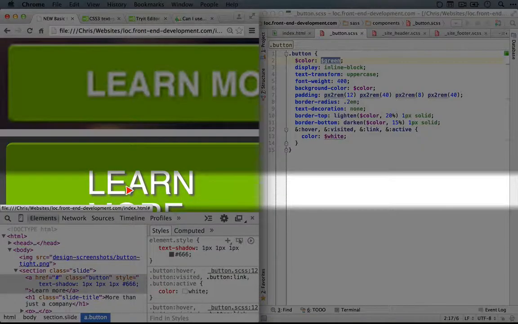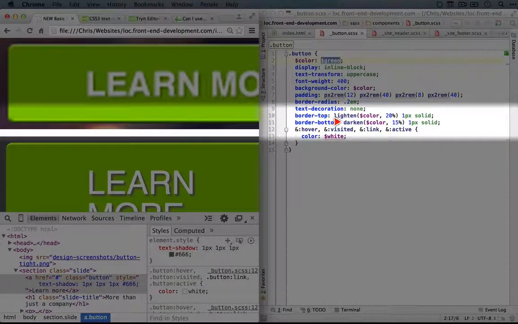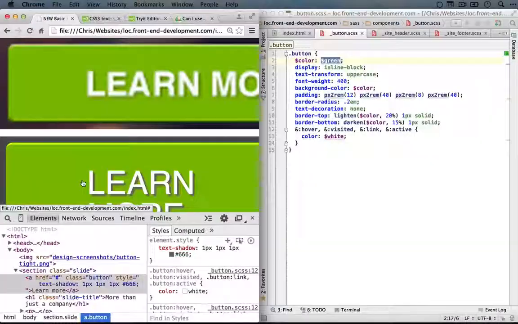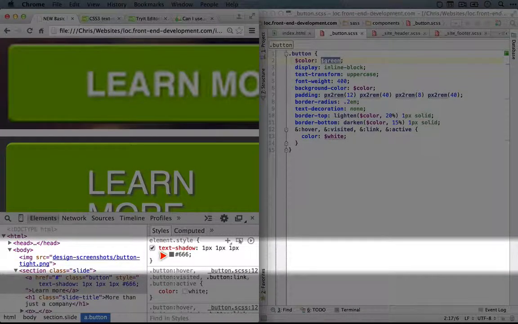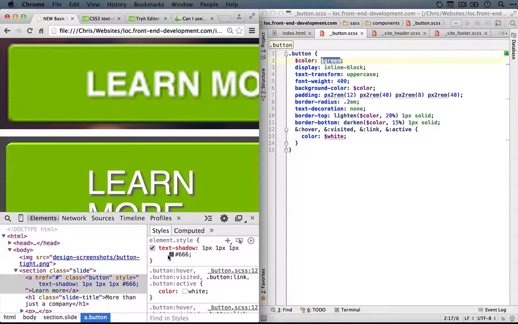If this was a real shadow, it would just darken the green color. So now we could use something like darken in order to pick a color that matches this, but there's an alternative, which is using a different type of color that includes an alpha value. And an alpha value is just how opaque it is, or how see-through it is. Now, creating this type of color value off the top of your head is tricky. Typically, you'll find a tool that will help you do this.